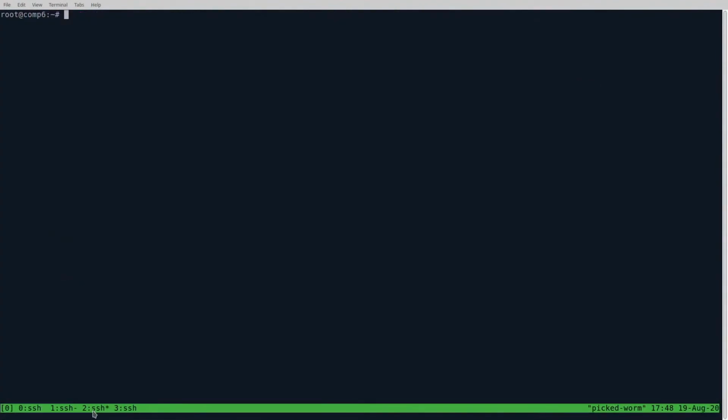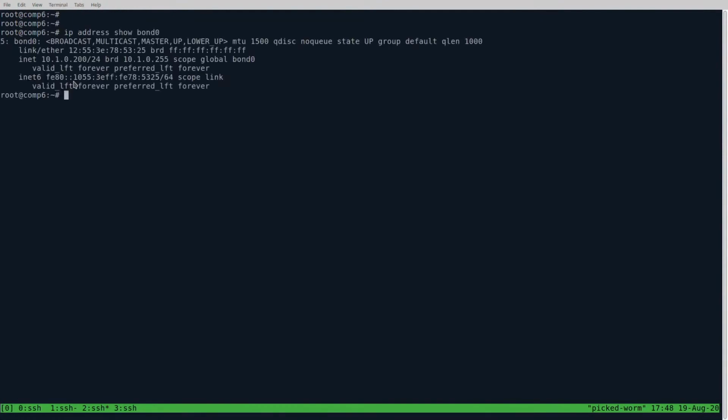And here we've got the console of COMP6. We can see that there is an IP address received from the DHCP server in the VRF red, 10.1.0.200.